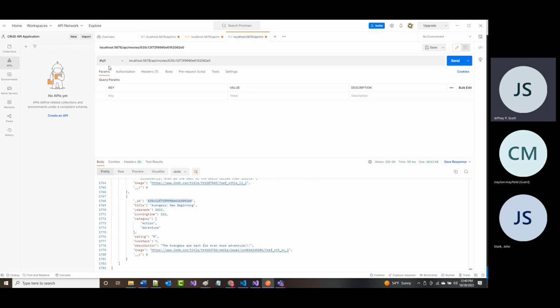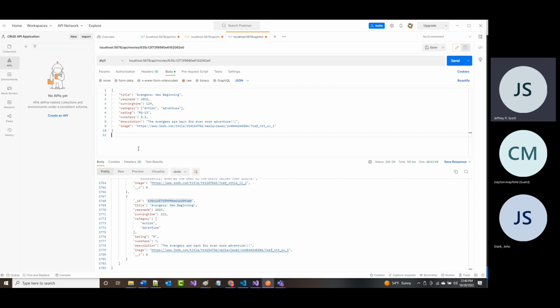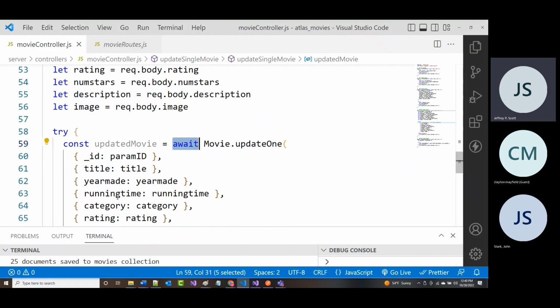So come in here, do your put. Again, it'll have to be body, it'll have to be raw, it'll have to be JSON, and then put that in. So I'm attempting to replace everything you see here, other than the ID, of course, with what you see here. And if it works,